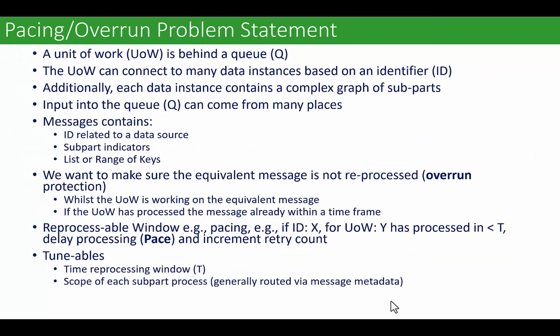Got a unit of work behind a queue. The unit of work can connect to many data instances based on an identifier. So it might be tenants in a tenanted system. It might be different kinds of work. It could be, for example, order routing. These orders are drop ships. They go off to the vendor. These things go off to the Phoenix warehouse. Those things go off, right? Whatever your thing is. So we have both a unique identifier that we're using, but we also have a component